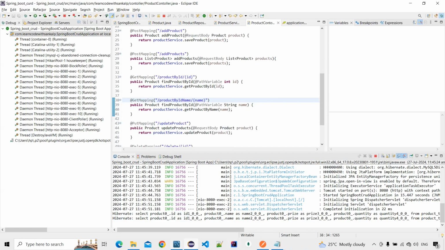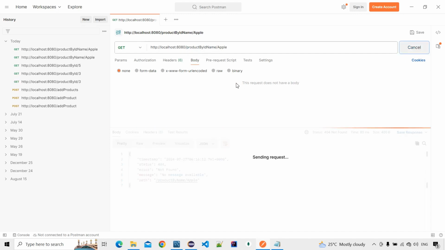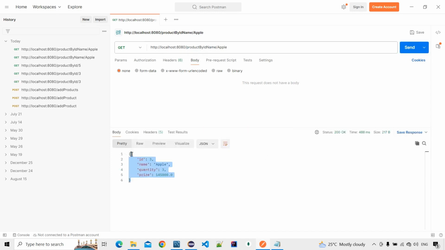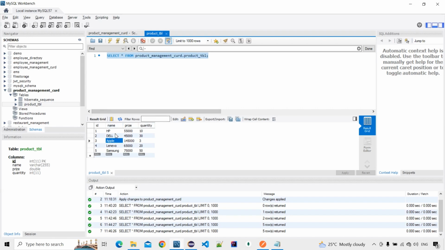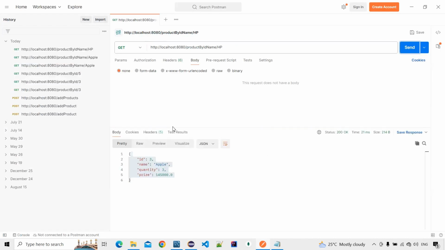Get mapping. Okay, there was a spelling mistake, then we pass the name, and we get the product by name. Okay, then we pass HP laptop, and we get the HP laptop. Then the third endpoint